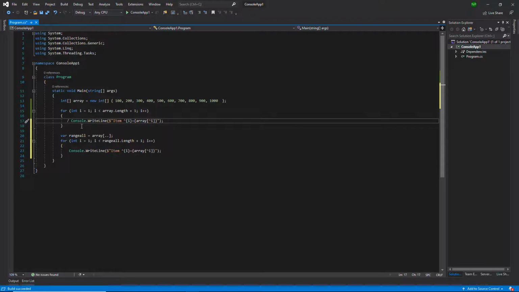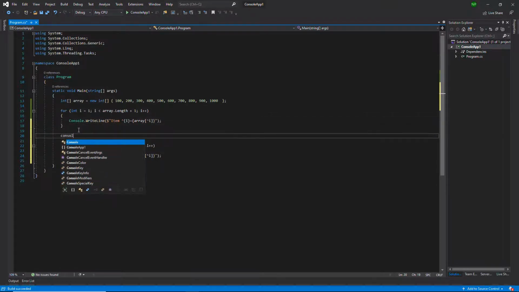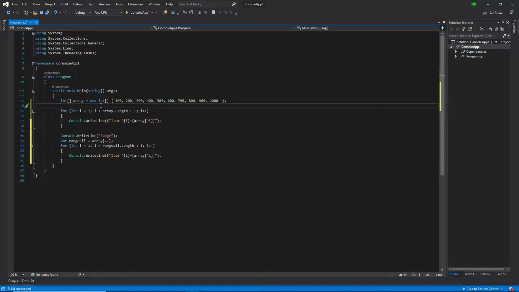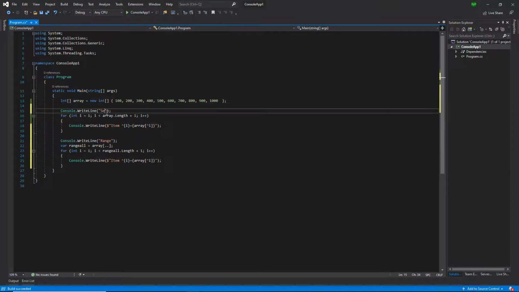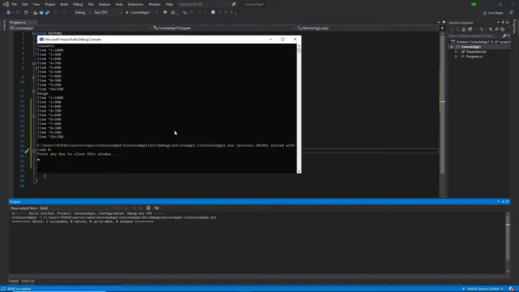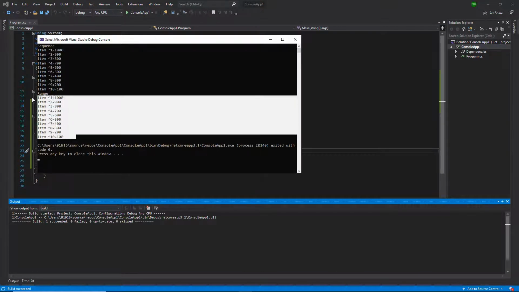Let me just put a comment here. It's a range example and the first one was a sequence example. You would not see any difference here because my range is the complete array.